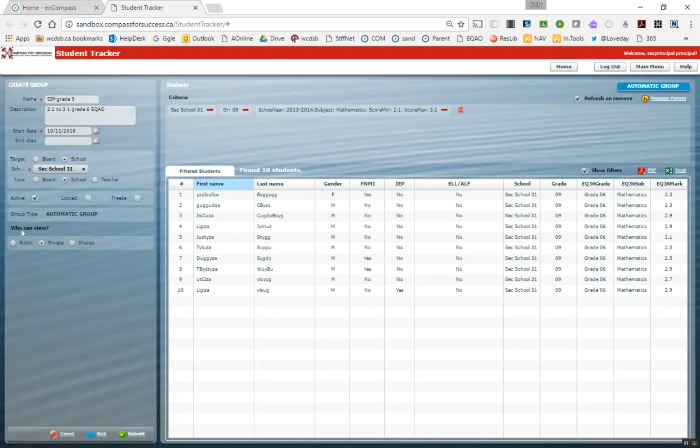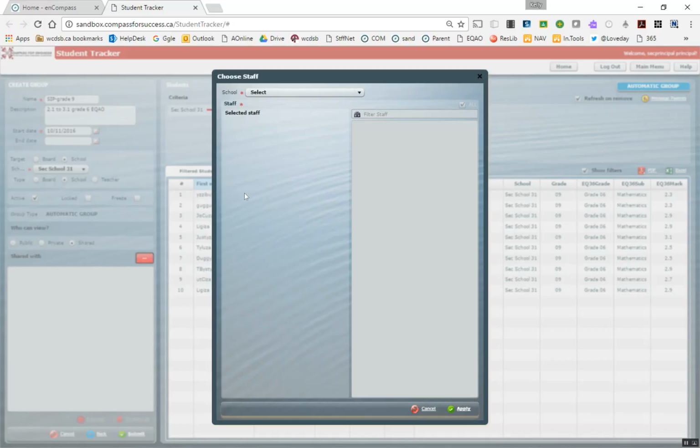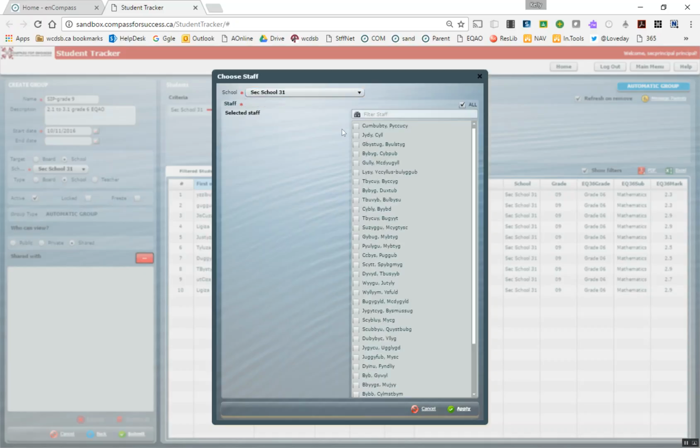You can also change who can view this student group. So public means that all members within our board will see this group. They will not see student information, but they'll be able to pull up your criteria that you've used to create this group. Private means that only you can see it. Shared means you can share with other staff within your school. So when you click on shared, you can choose the staff that you wish to share it with. So selecting your school